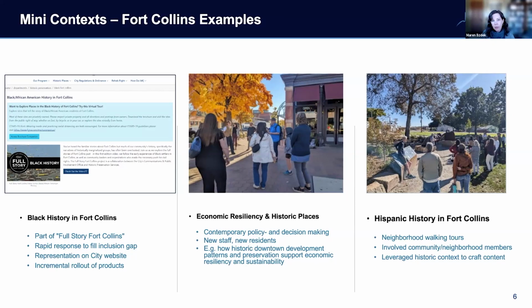we have started to create a set of Hispanic history tours that we roll out for Hispanic Heritage Month every year. And this is an interesting example of, we have this long-standing history of the Hispanic community in Northern Colorado that is primarily focused on that story as it relates to our sugar factory neighborhoods, and beet sugar labor in our area. So it's not the whole story of the Hispanic community. It's got a very specific focus.